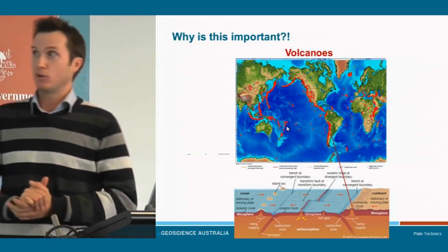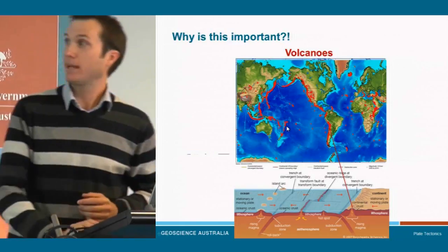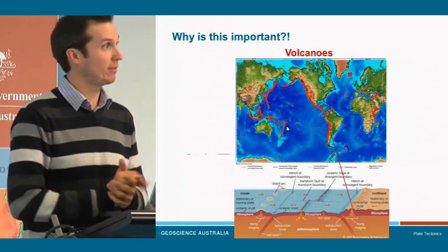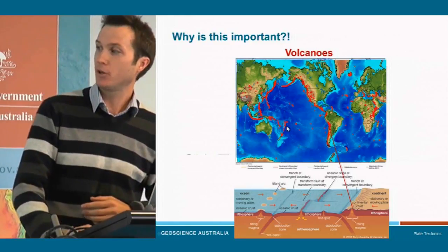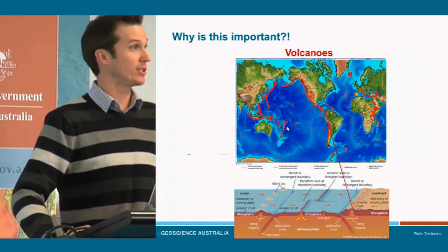Secondly, volcanoes or volcanic activity is again largely a result of plate tectonics. In these subduction zones, you're getting a lot of magma being produced, and again, this is a whole talk in itself. But you see a lot of magma production and volcanics being produced, especially those big explosive volcanoes